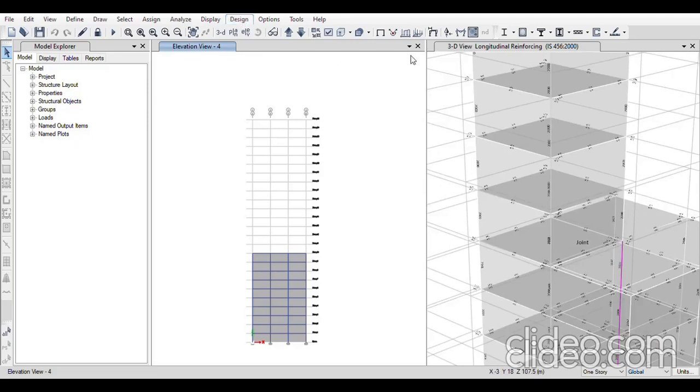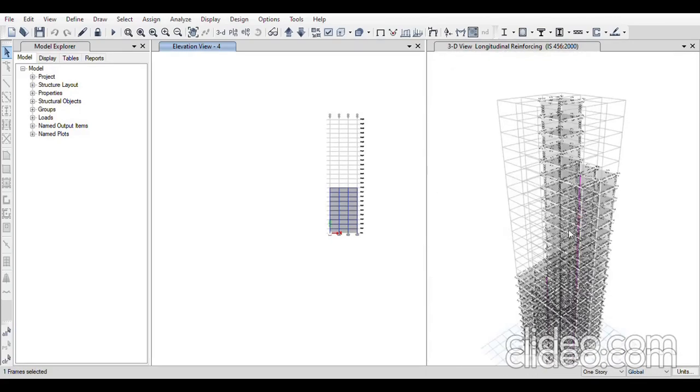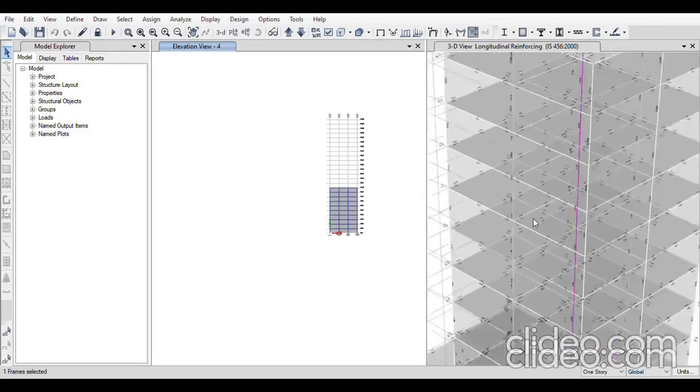I will take concrete frame and I will check for all member parts. Only one has failed. I can redesign it. And one concrete member has failed.